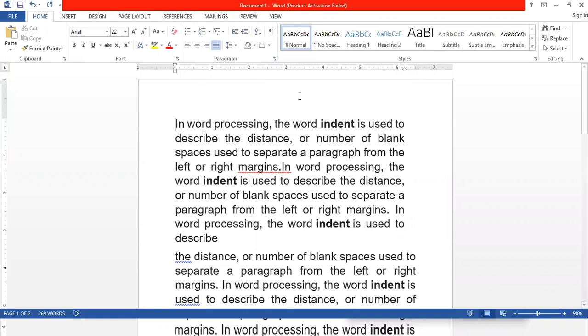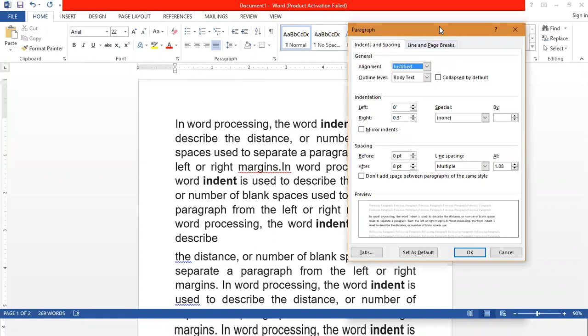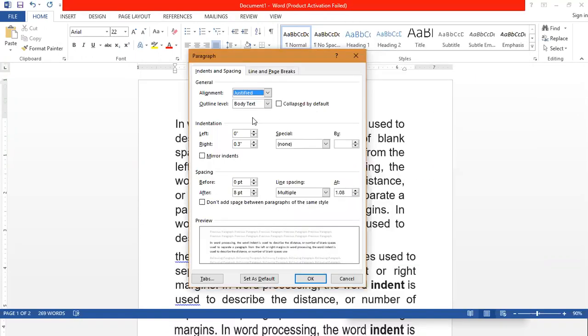Don't click on any other diagonal arrow because that will open a different dialog box. So you need to click on the diagonal arrow provided in the paragraph group for doing the tab settings. So click on that diagonal arrow and this dialog box has appeared as you can see on the screen. Now in this dialog box you need to click on this tabs option.